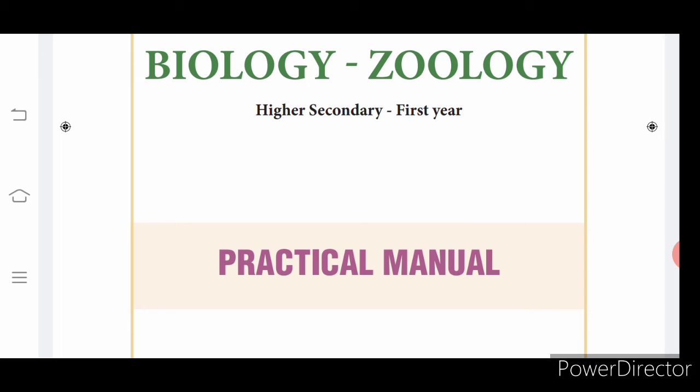Follow. For all the tests, for ammonia and urea, I will do the test in our lab. I will make a video and show you. After that you can fill it in, and so you will know the procedure. Follow. Then the blind spot: I will make one video and show you how to find your blind spot. After that you can fill in that column. Follow. So with that your zoology record gets over.